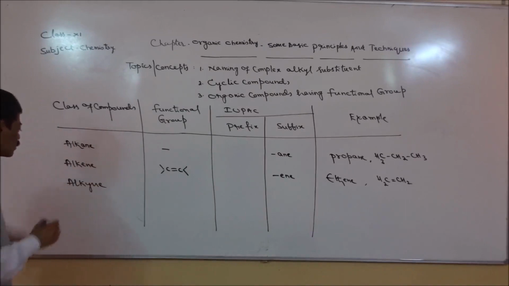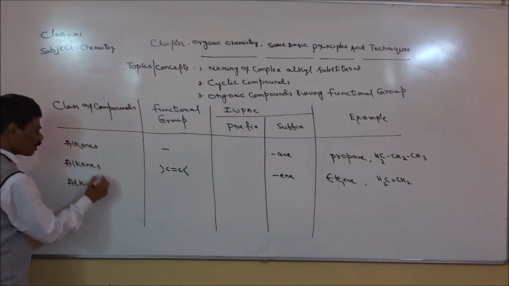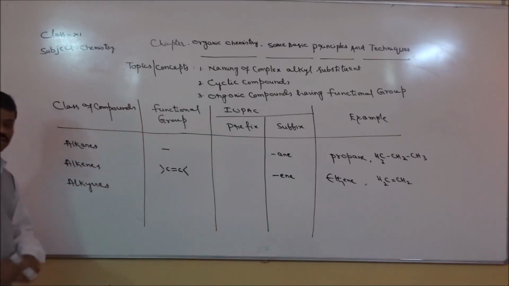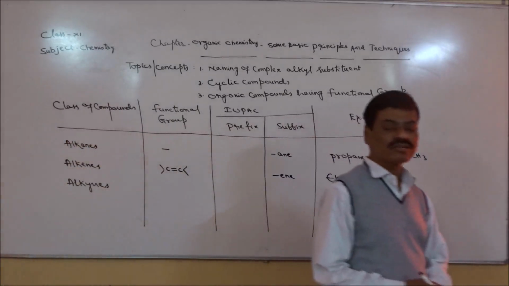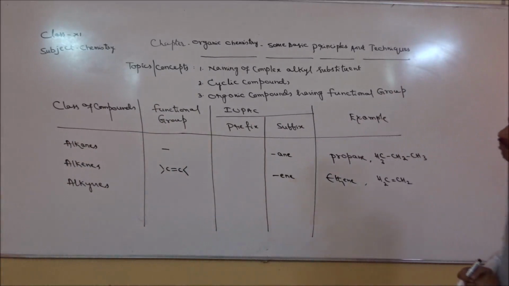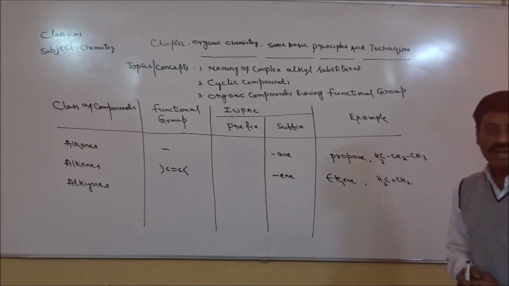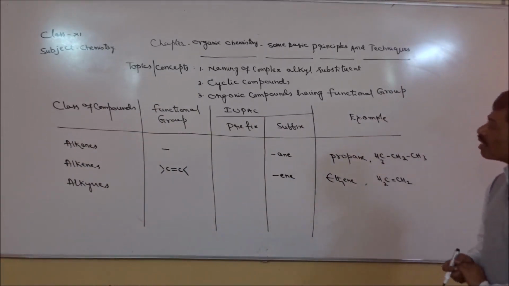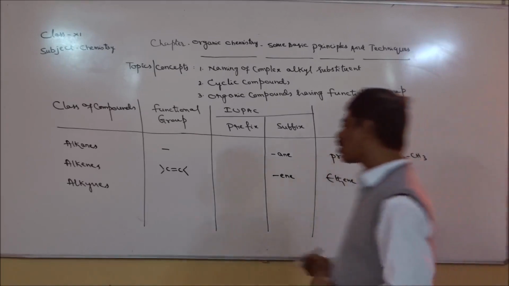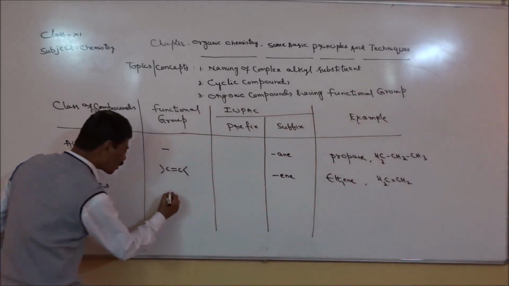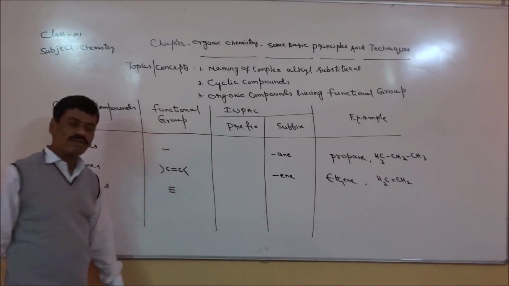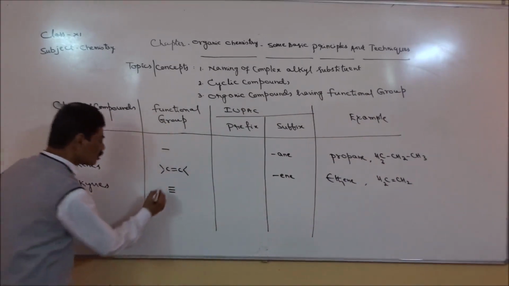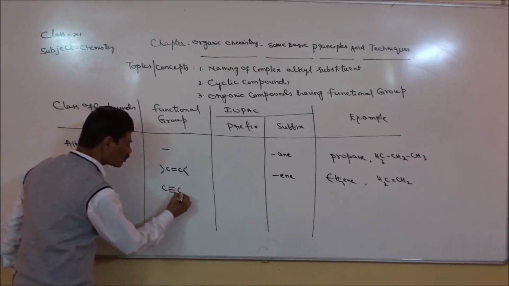Right? Alkynes. Okay. So alkynes will have triple bonds in them besides hydrogen and carbon. So each member of the alkyne homologous series will have at least one triple covalent bond. So that triple bond can be shown like this. And that triple bond should be between carbon atoms. So those two carbon atoms.